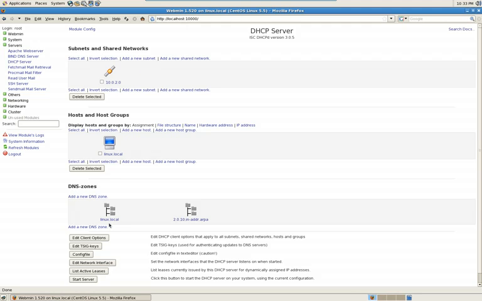Under the DNS zone, we have the forward zone, remember Linux.local, and the reverse lookup zone. Here we have hosts and host groups, and there is the Linux host. And under subnets and shared networks, we have the network we set up. These icons are all clickable, so if you want to do a more advanced configuration, you can have at it. There are so many levels you can configure this. This is a very basic configuration. I only have 100 IPs being given out. This environment is very scalable,